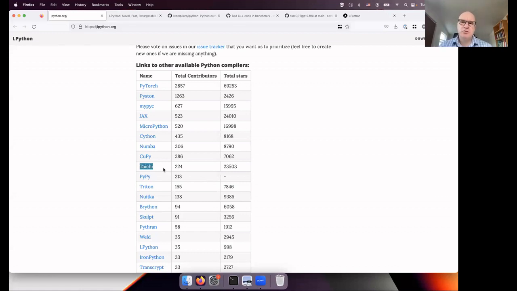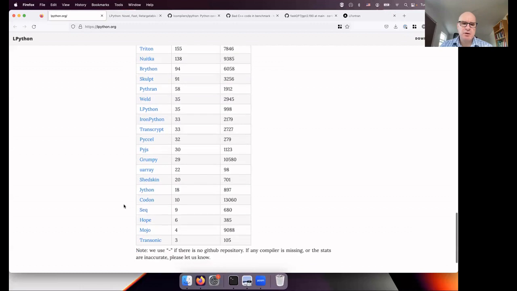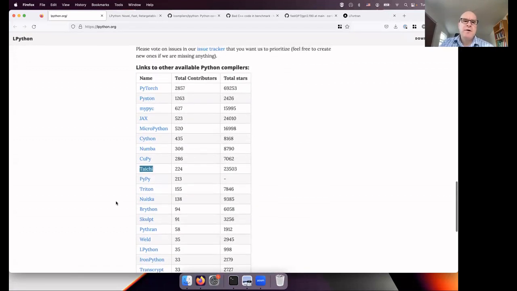Once you have 1 million lines of code, you want your code to fully compile quickly. LFortran needs it, for example. And so now we are only competing with Taichi, I think, which is in C++, and Mojo and Codon. Those are compilers that are independent of CPython, just written in C++. They should be fast. I have not benchmarked them. They should be pretty fast.